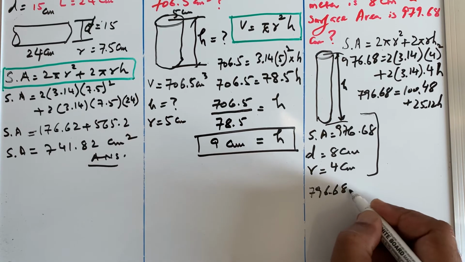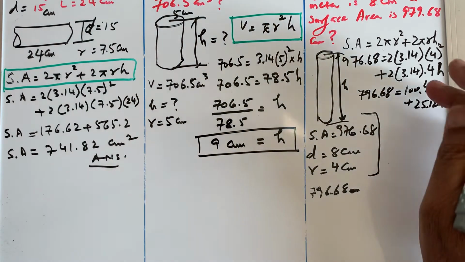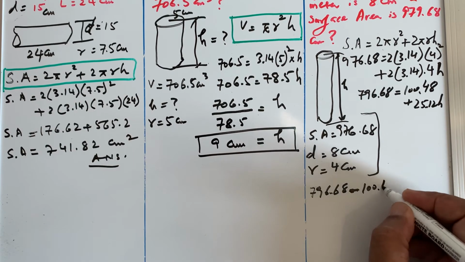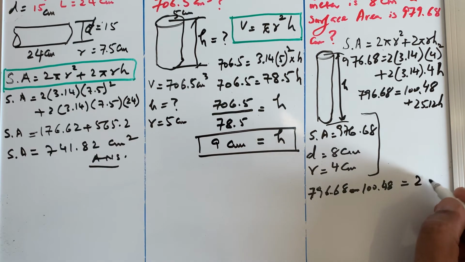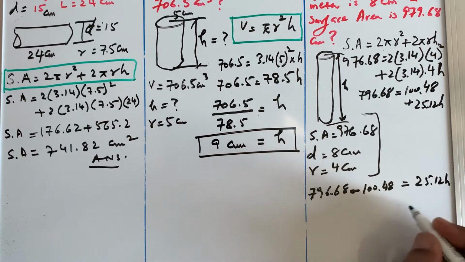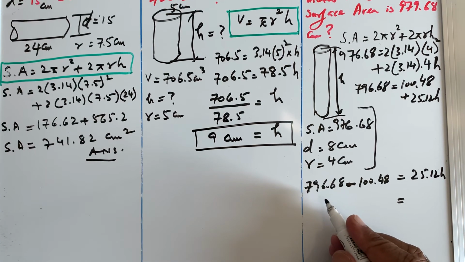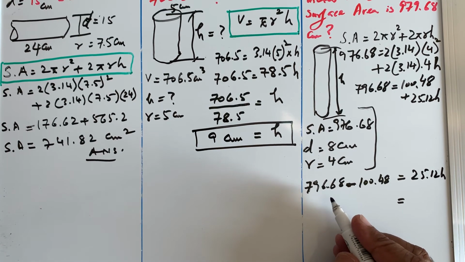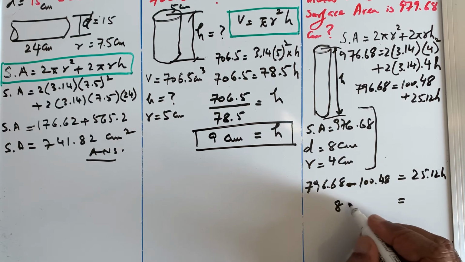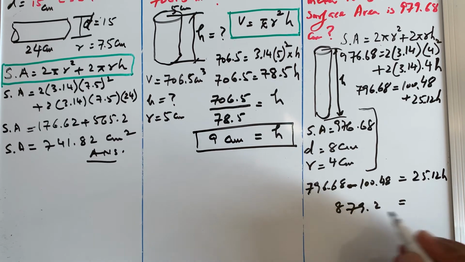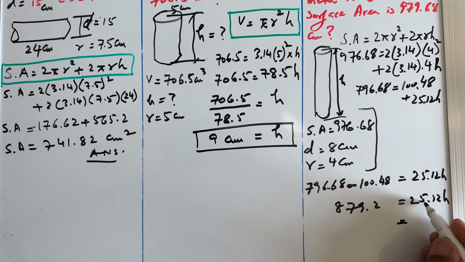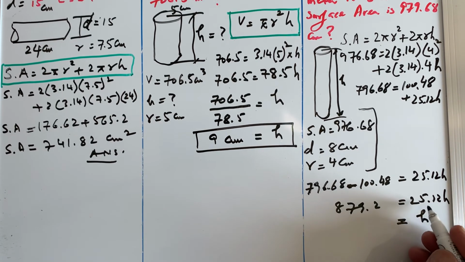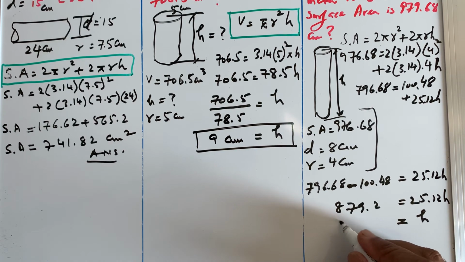796.68, minus, I am shifting this whole number 100.48 to the other side of the equation, and then I have 25.12 h on the right hand side of the equation. So if you subtract these two, 796.68 minus 100, you will have 879.2, which is equal to 25.12 h. Now this number is multiplying with h, so I have to remove this number to isolate h. So 25.12 comes to the denominator, or dividing it,